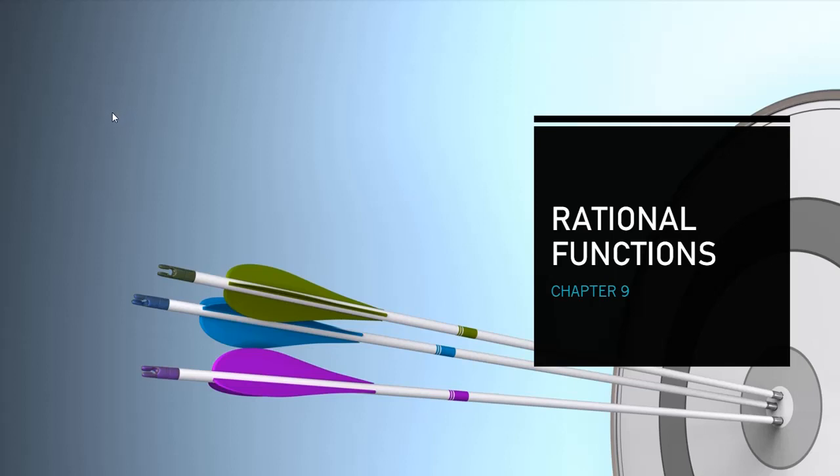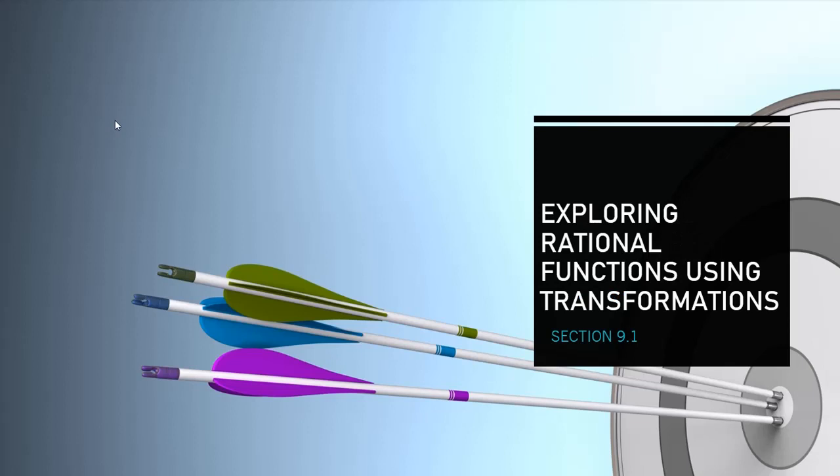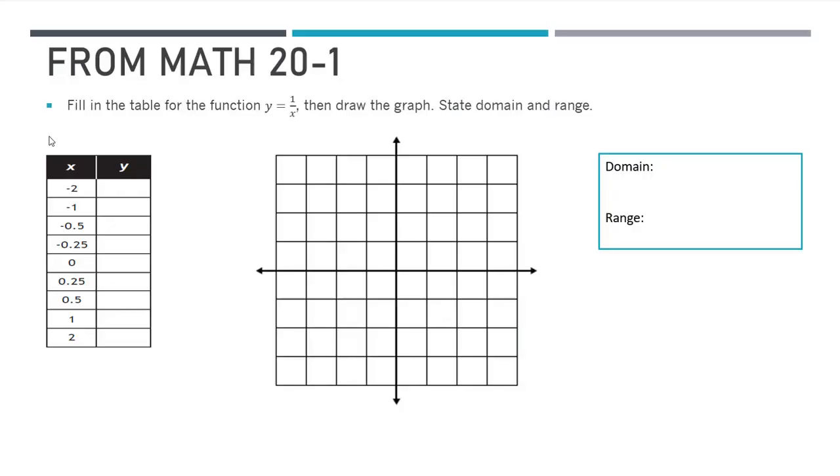Hey, welcome to a new chapter, chapter 9, rational functions. And we're going to start here where we start with a lot of units, and that's actually looking at the transformations. Feels like we're doing this over and over and over again. But before we do that, we need to go back to 20-1 and look at some of the things you did there. So we did one section on reciprocal functions in 20-1, and now we're going to build a lot